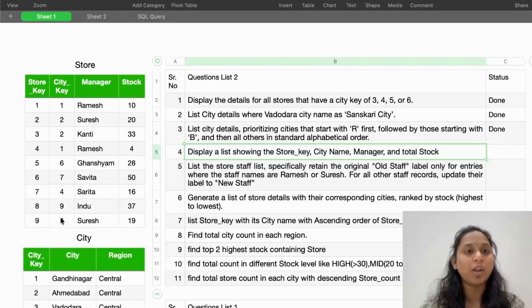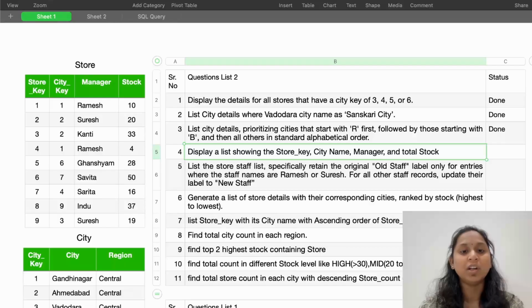Likewise, you want every city's detail. How can I do this? You know what the common column in between is: the city key. Yes, we know the city keys. By looking at the city key you can map, or not? Yes. How can you map? You take the city key from store and you check whether the same city key belongs to this list or not. Okay, consider this is 7. So for a city key in the store table with the value 7, do I have an appropriate match? Yes, I have an appropriate match, and in that match whatever the city name is should be listed over here.